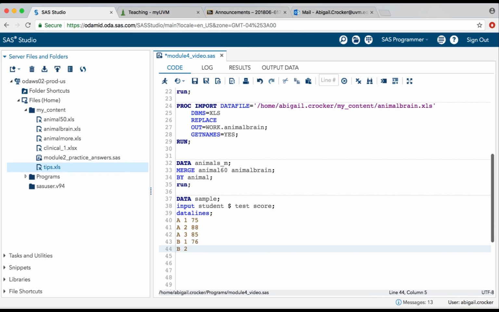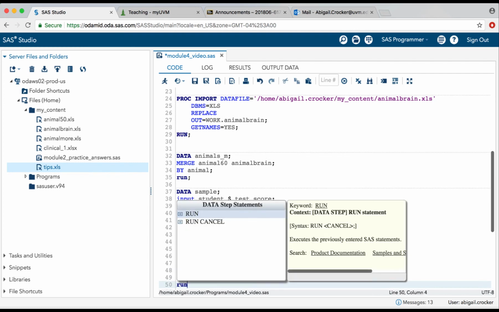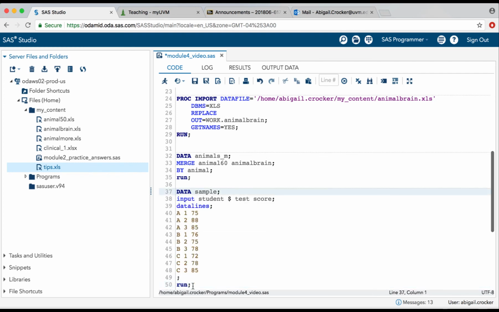B, test 2, a 75. B, test 3, a 78. We'll do one more. C, test 1, a 72. C, test 2, a 78. C, test 3, an 85. So I'm going to produce that data set.